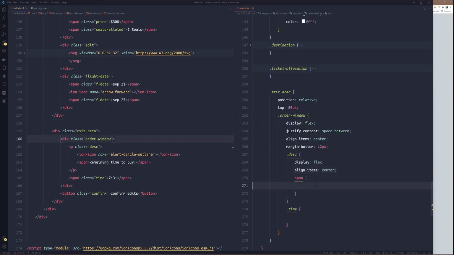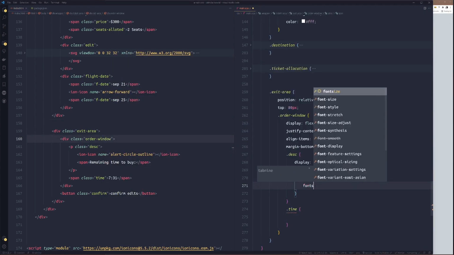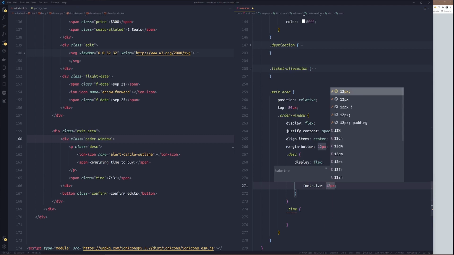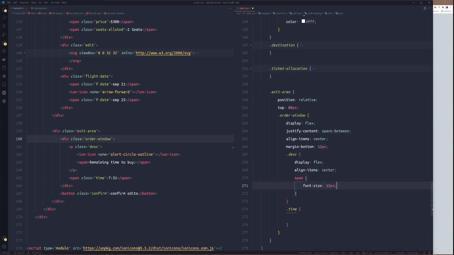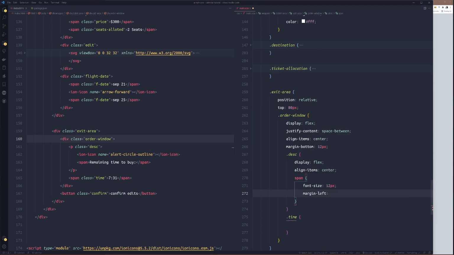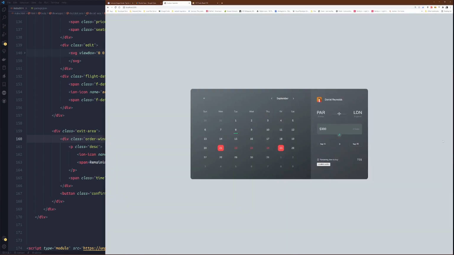Then for the span, we'll set the font size to 12 pixel, right? Then margin left to 6 pixel, so that we'll push the text out from that alert icon. All right. Then this color, we'll give them exactly the same color.